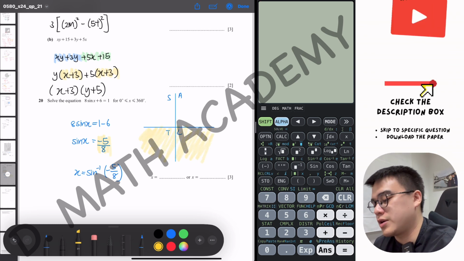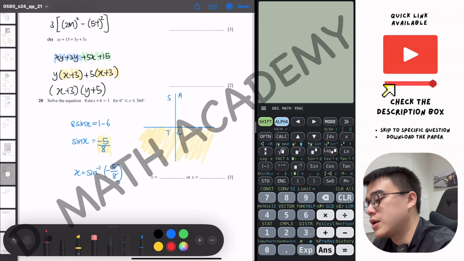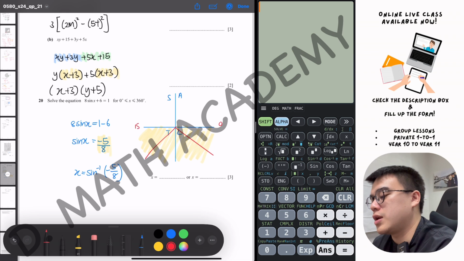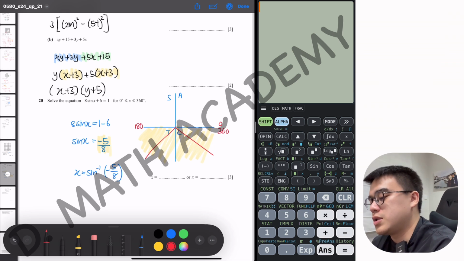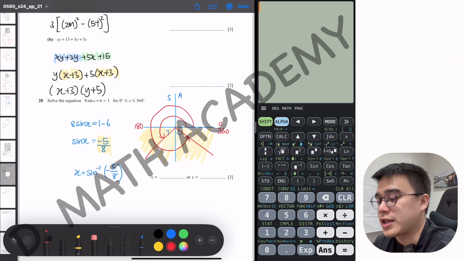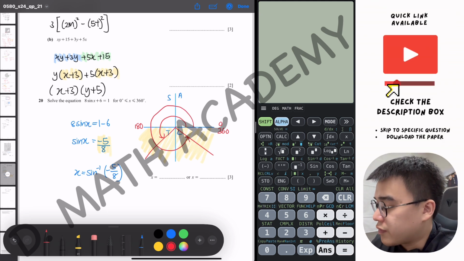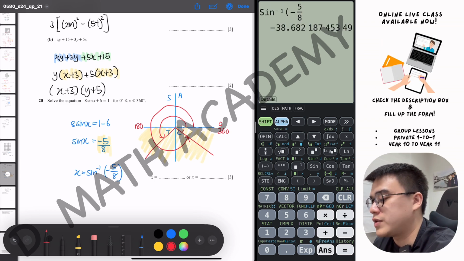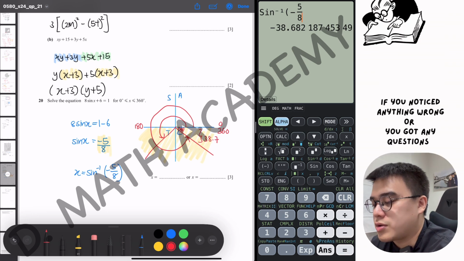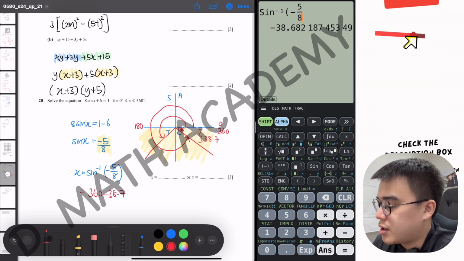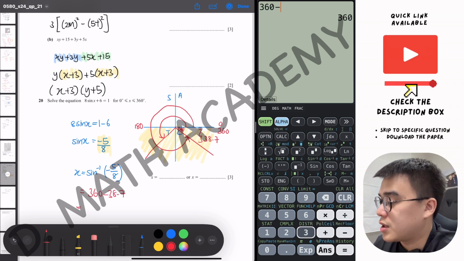So clearly down here is where your answer is located. Please draw it out so that you know that this is 0, 180, and 360. This one line indicates the first answer, and this one line indicates the second answer. So sine inverse of negative 5 over 8, you will get a value of 38.7. Okay, so your first answer is actually 360 minus 38.7, making the result